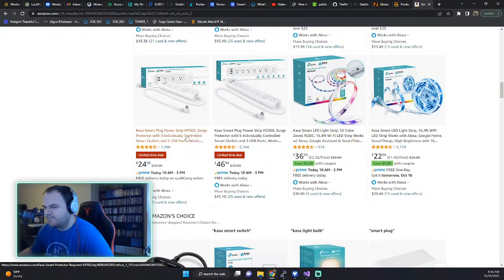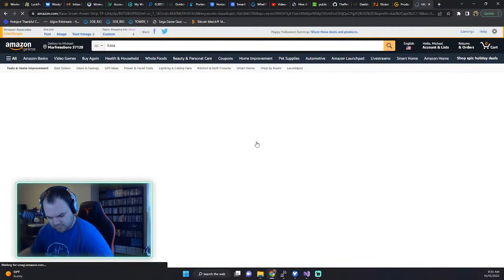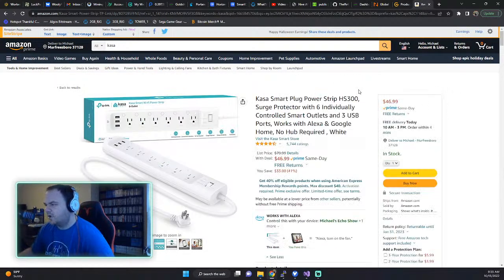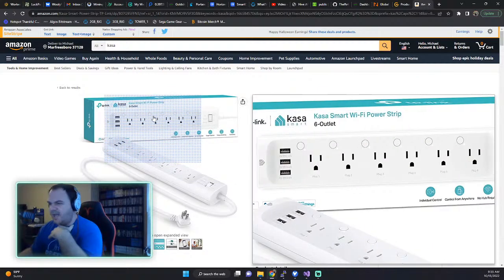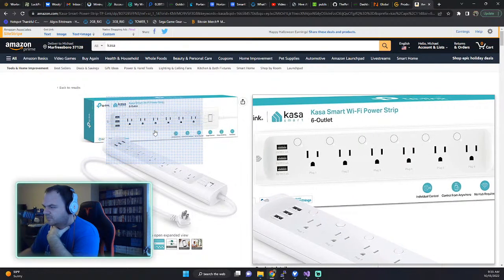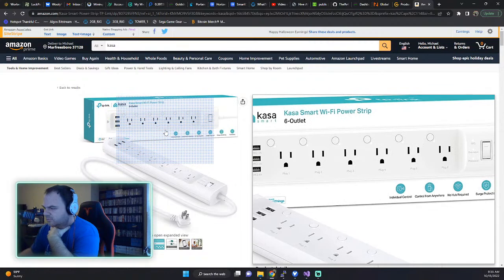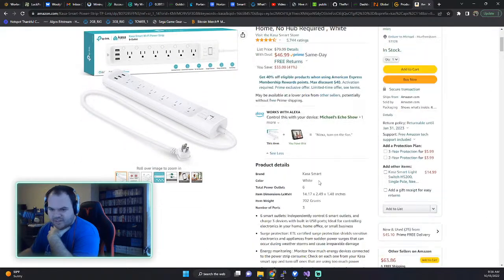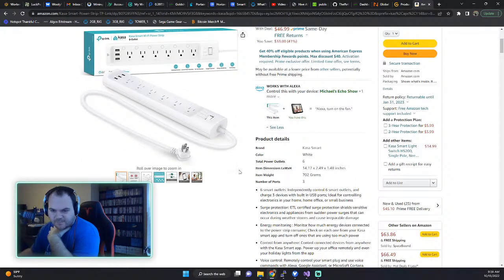These things, which I should probably just order one. Let me see what the difference is between these, other than being 3 and 6. Yeah, so these have individual power ports, it looks like. Is this whole thing 15 amp? Yeah, so